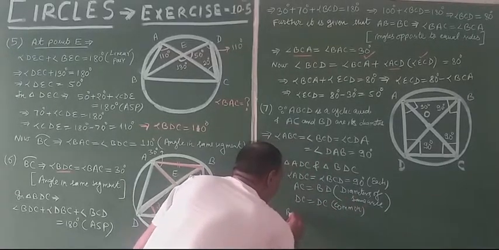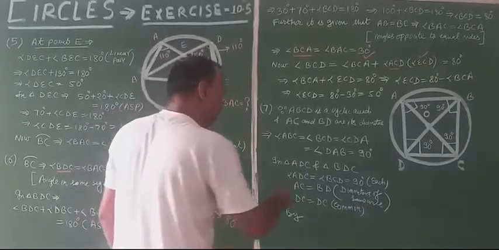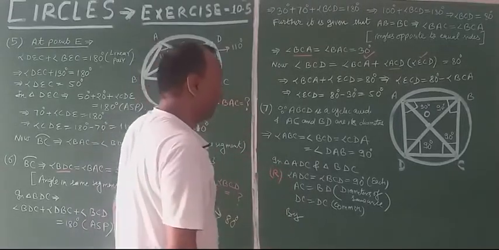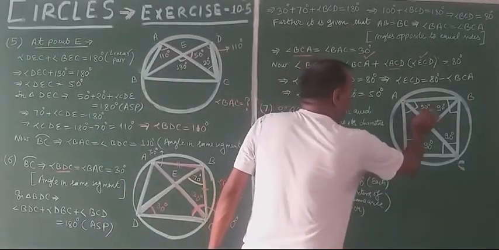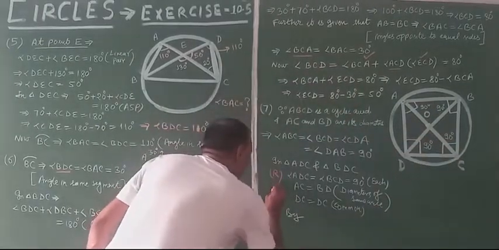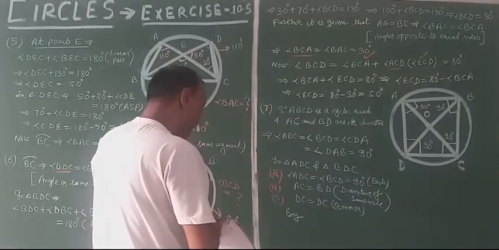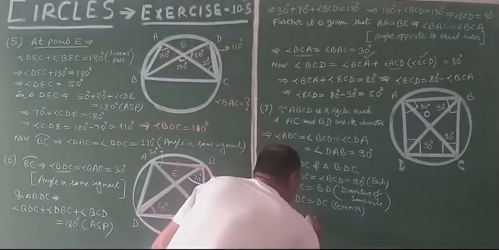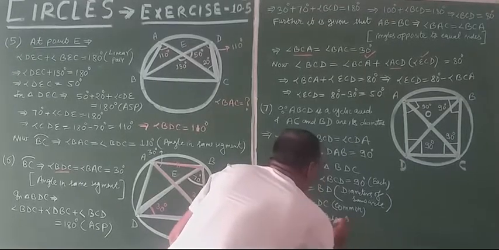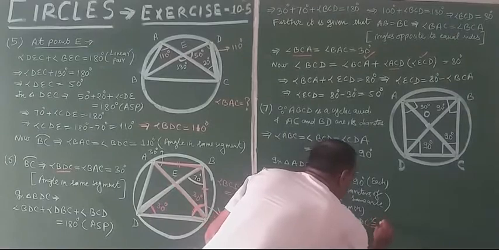So by which rule? Angles ADC and BDC are right angles. AC is equal to BD. AC is the side opposite to the 90-degree angle, that is the hypotenuse. And DC is the common side. So by RHS rule, triangle which one? ADC is congruent to triangle which one?